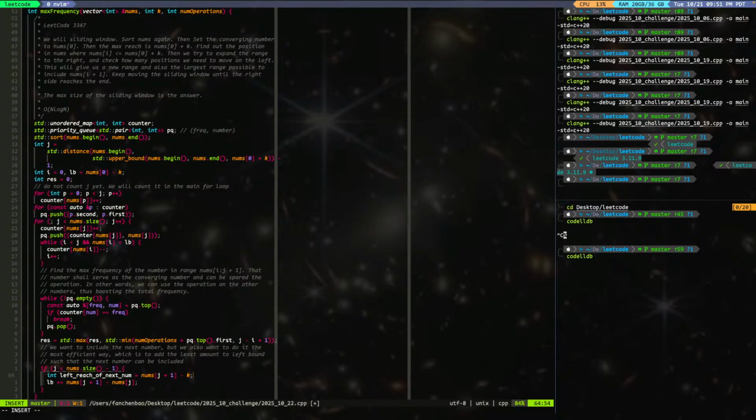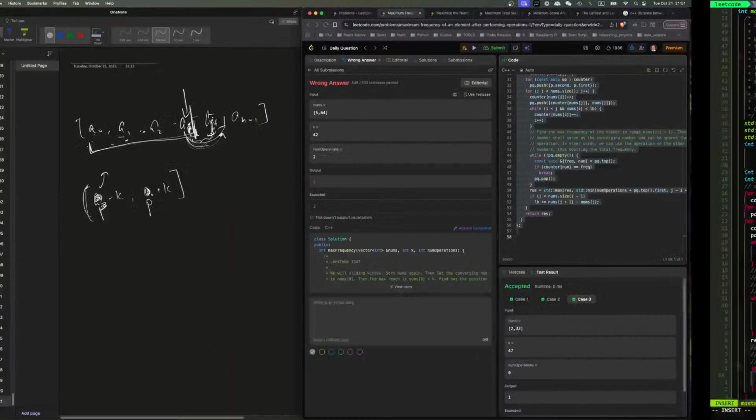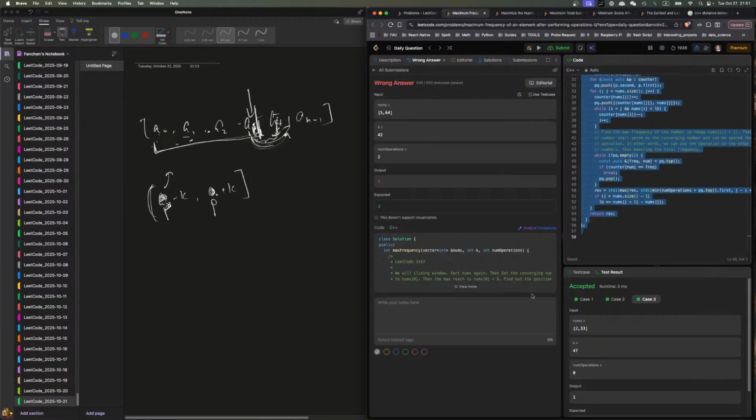So the thing is, I put the left bound at the first one, which is the smallest, and I add k, okay? That does not include it, so I need to move, right? I put the left bound at 5, plus 42, it doesn't include it, because it's 5 to 47. But if I move